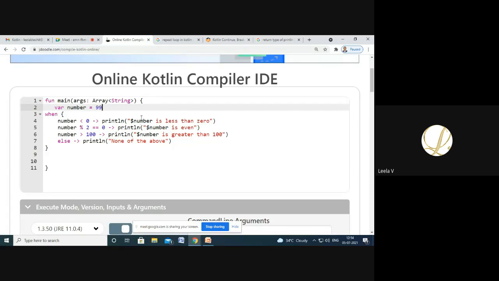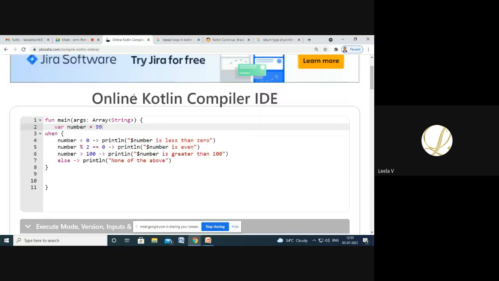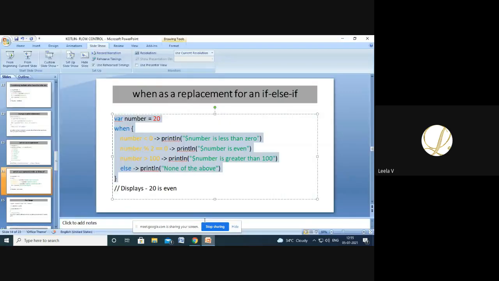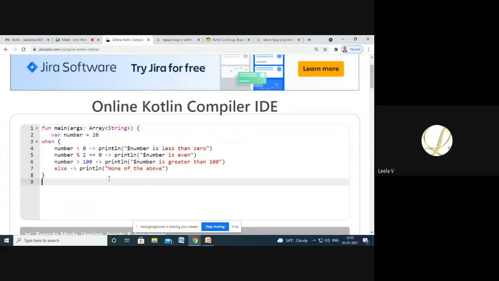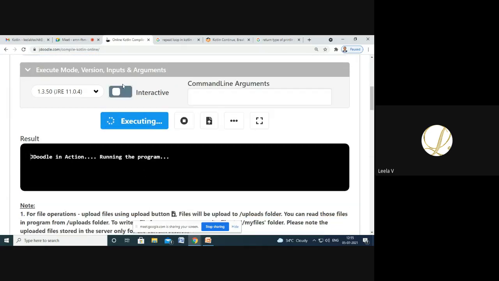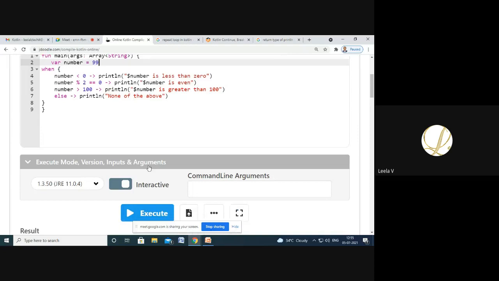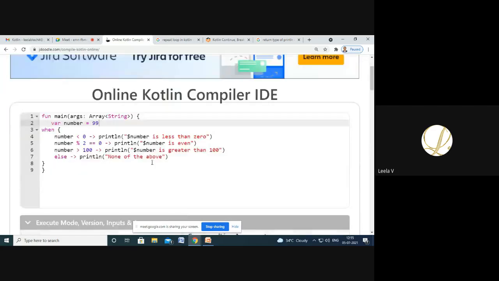I'm doing 99. So it prints none of the above.